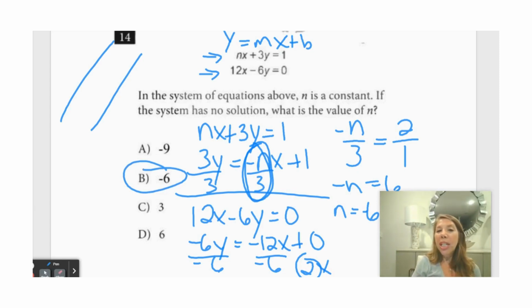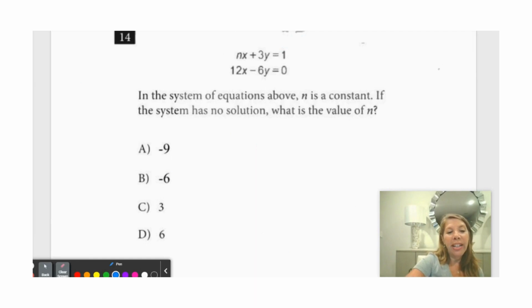Okay, so just knowing the rules, knowing that lines that have no solutions are parallel and that parallel lines have equal slopes, we're able to rearrange both equations into the y equals mx plus b format so that we can solve for our slopes and set them equal to each other. Just the same, we can try another problem